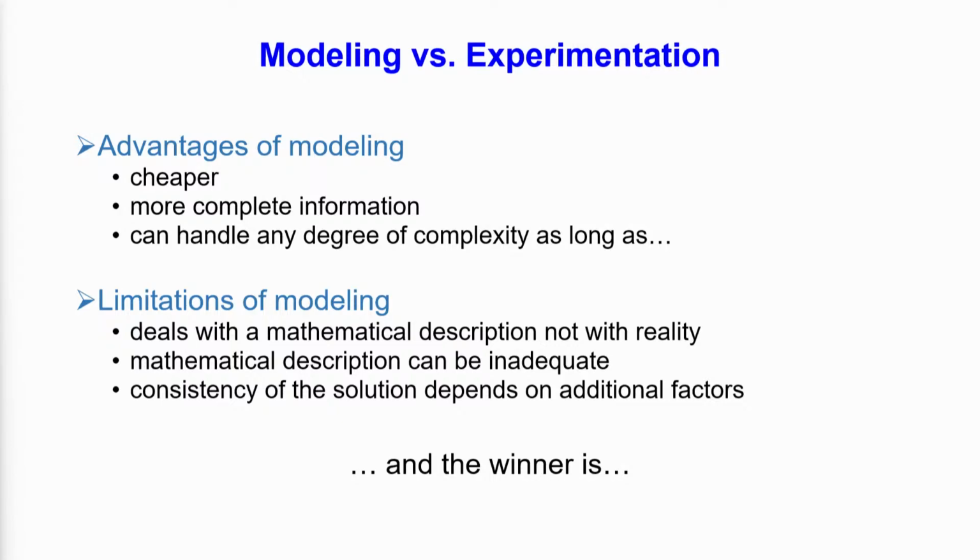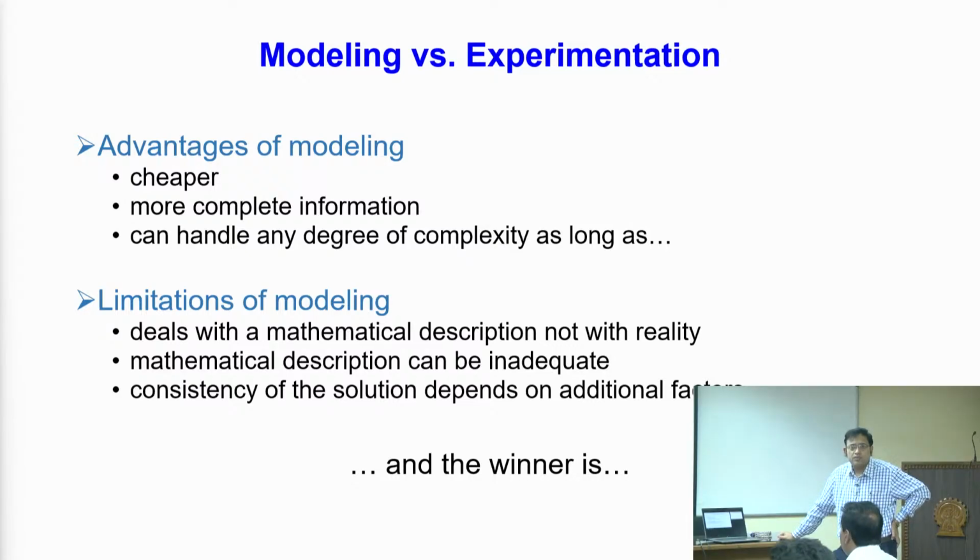So, modeling is cheaper in a sense that it is running in a computer, and computational facility with either your individual resource or shared resource is something which does not cost as much as a very high end sophisticated instrument and its running cost, and you get more complete information because you get point to point variation of all the variables which you want to solve. That kind of thing in any experiment it is very difficult to get, but some you can definitely get, but not so easy, and can handle any degree of complexity as long as there are so many ifs and buts,